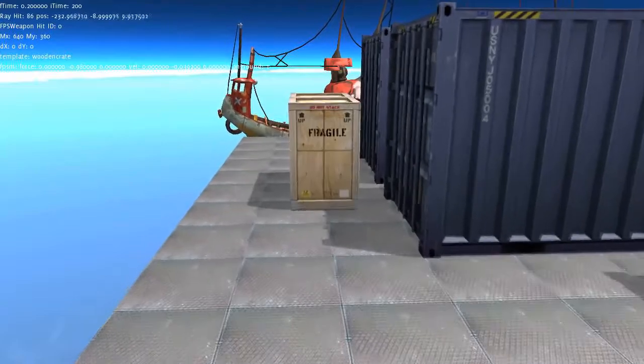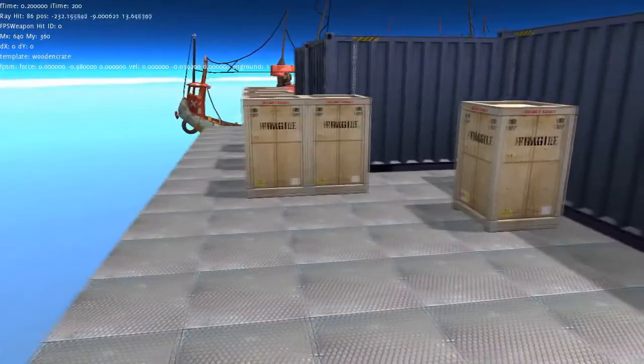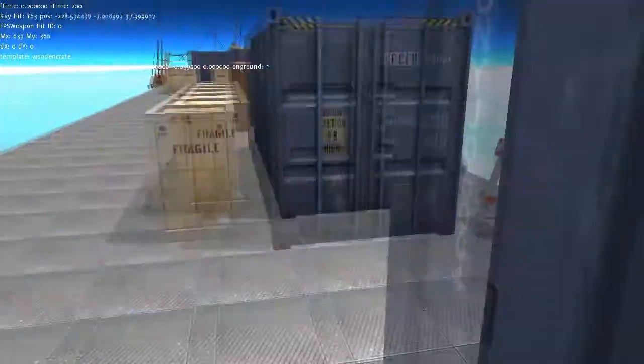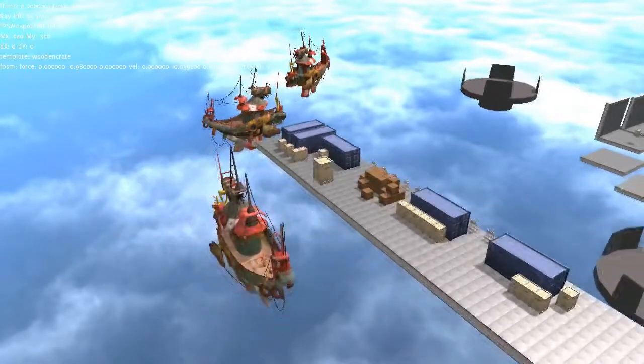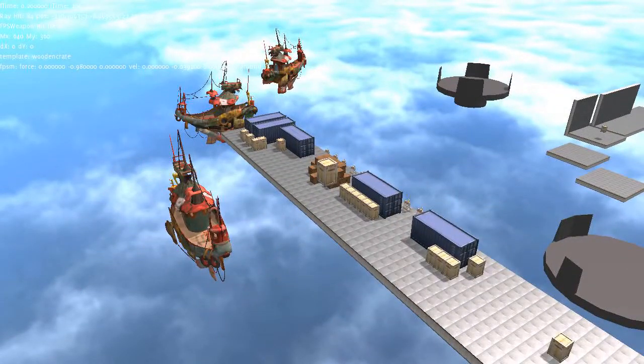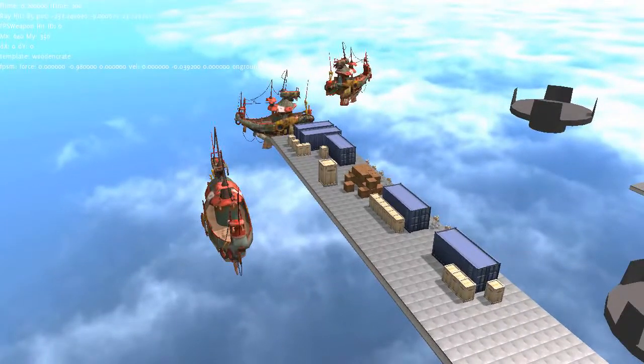So I think that's pretty much what I wanted to show you. I'll show you the user interface for this stuff next week, hopefully, when I've done a bit more work on the UI to make it a bit more understandable. But thanks for watching. I think right now it's about time to undo all of the things that I created